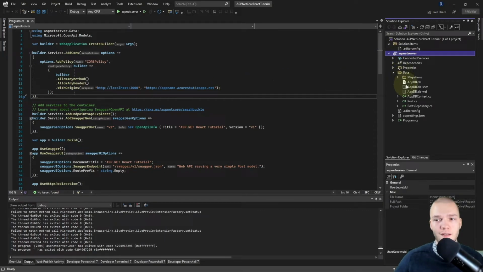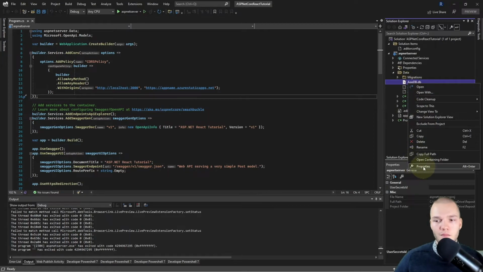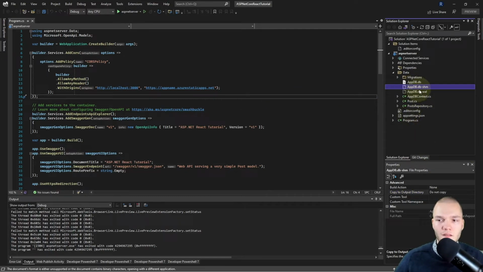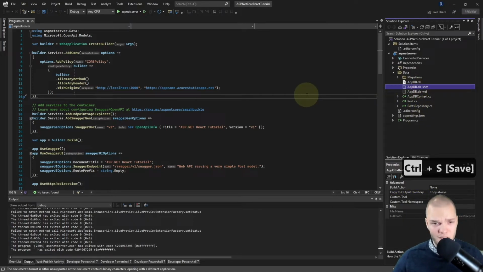So I'll go to data, go to our DB, properties, and set it to copy always. And I'll also do this for the shm and wal files, and these are little helper files for SQLite, I believe. I think they speed up things or something. We'll just copy them over as well.